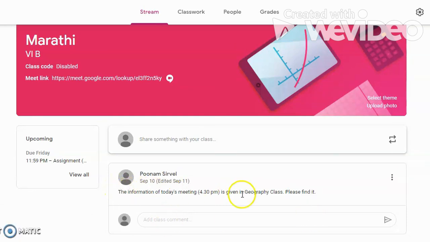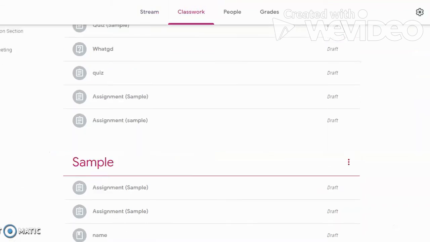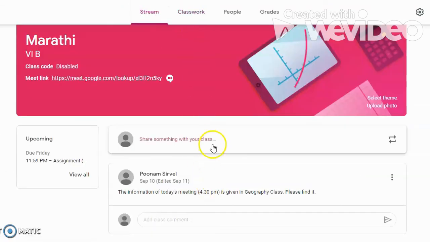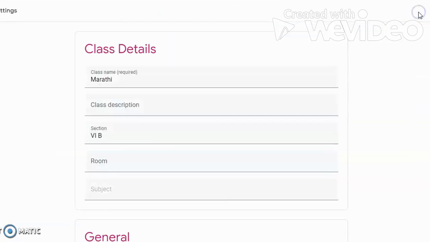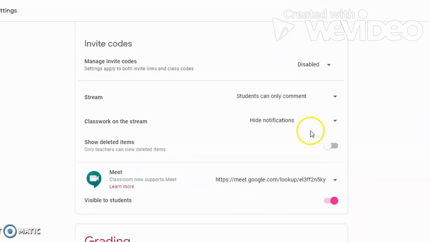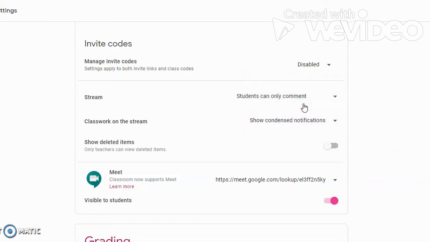Now this particular notice was put up by me on the stream tab, means I had written this particular notice over here. That is the reason I can only view this. The things that I've done on classwork, like assignments or any other materials, are not to be seen on the stream tab because I have disabled it. So I have chosen as show condensed notifications.